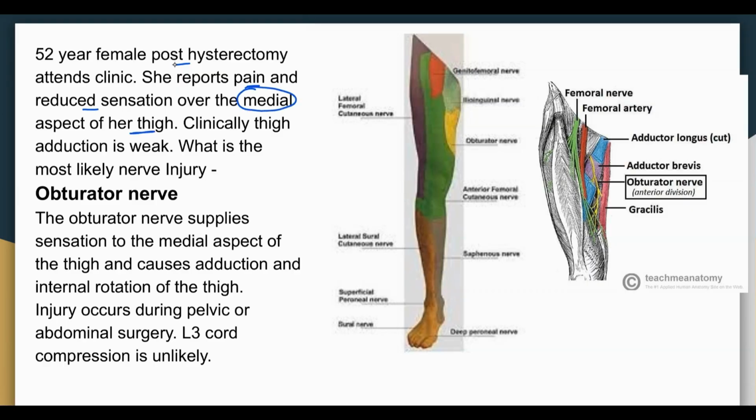Clinically, thigh adduction is weak, so which nerve is being affected? We have discussed previously that whenever we discuss a nerve, there is going to be some motor function loss and some sensory function loss. So regarding the loss of the adductors and the loss of sensation from the medial aspect of the thigh,